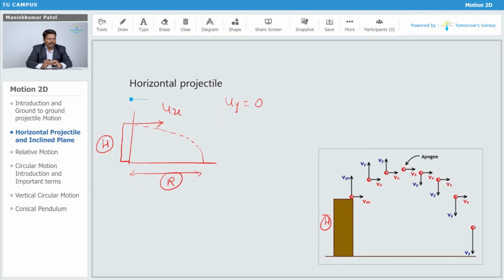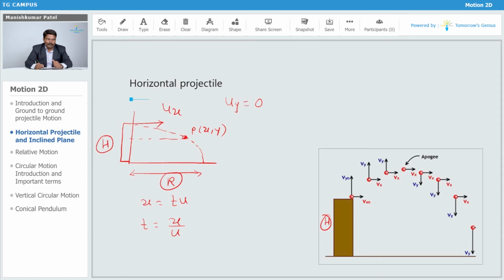Now how are we going to derive the relation for that? Let's consider a point P, say this is point P, (x, y). How do we calculate the distance when the object reaches point x? Obviously x is equal to t into u, that is, distance equals time into velocity. So t is equal to x upon u.